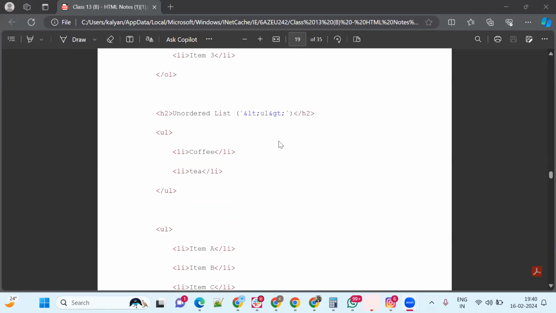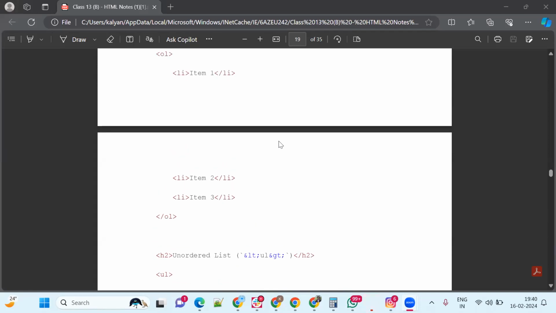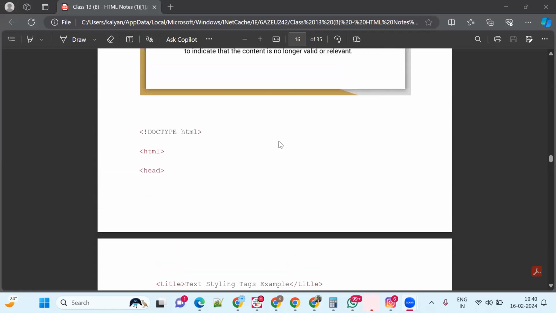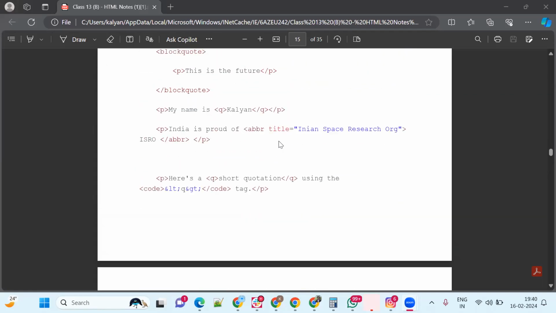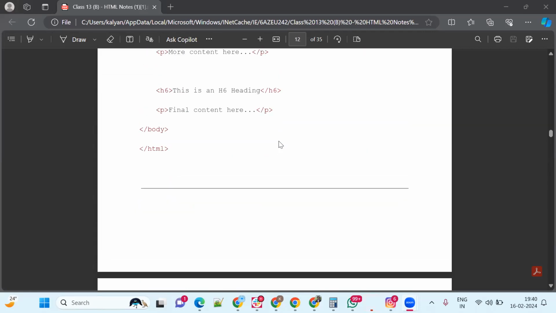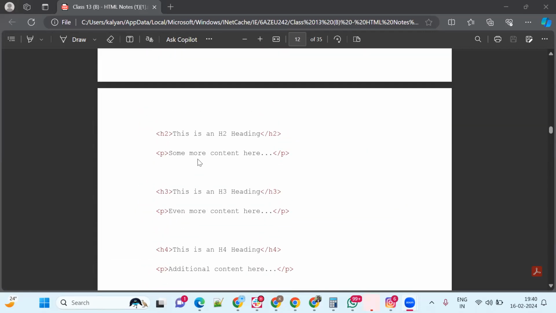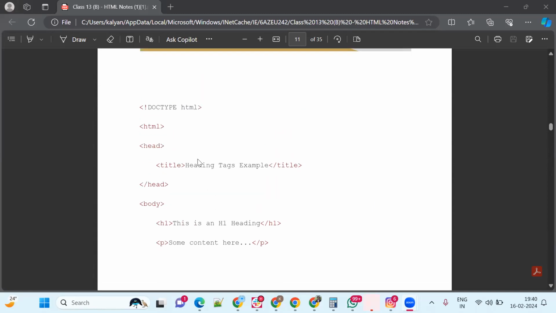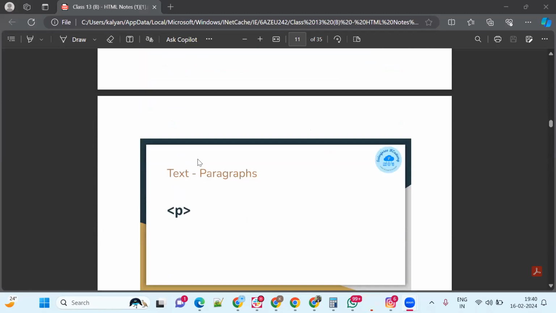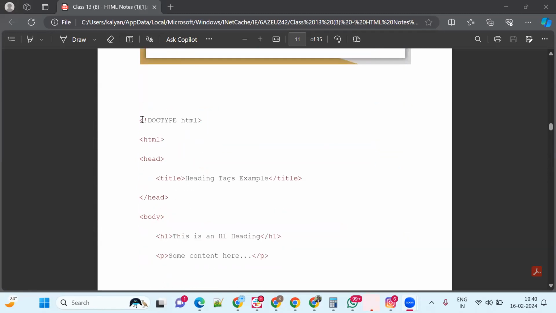As we discussed in the last class, HTML is made up of elements. We covered elements like paragraphs and headings. So if you take the same code again,